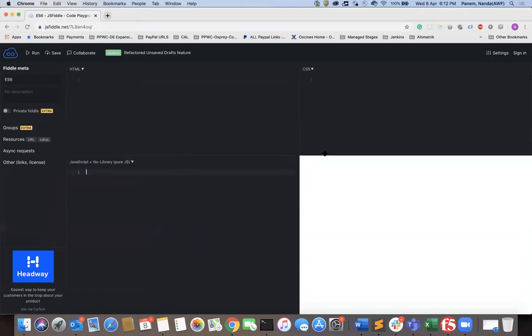So what is the difference between let and var? var is function scoped. Whenever you create a variable, it will be live in a function. So I'm just writing a variable over here, a simple function. What I'm doing is var a equal to